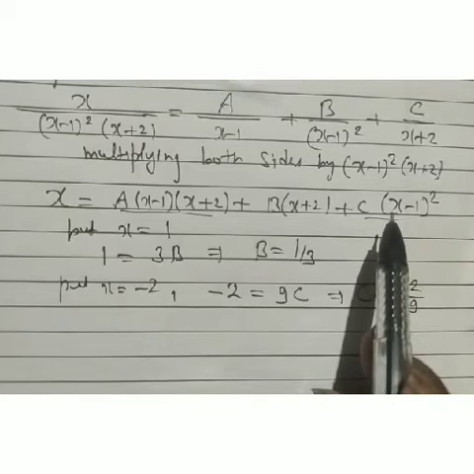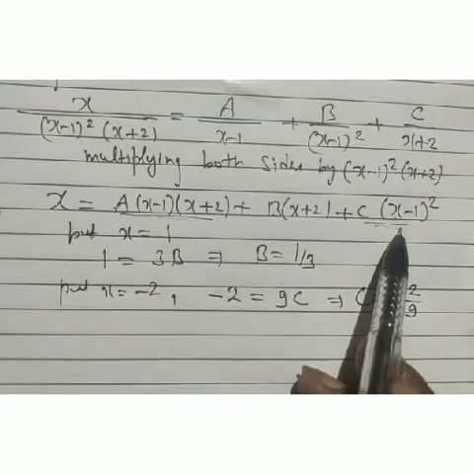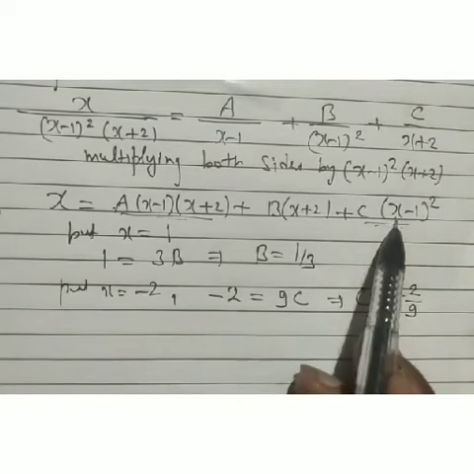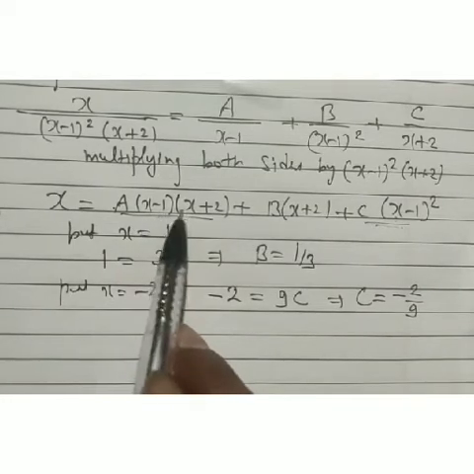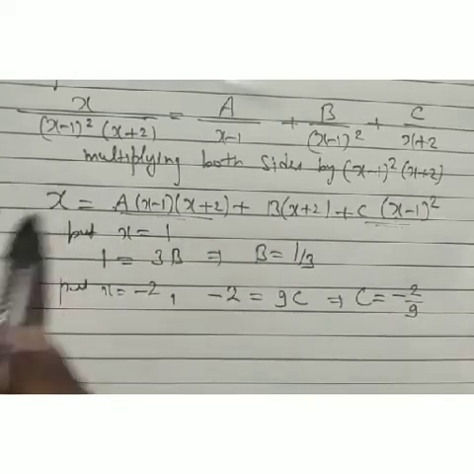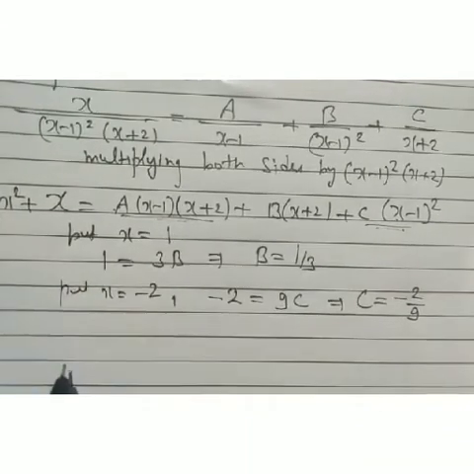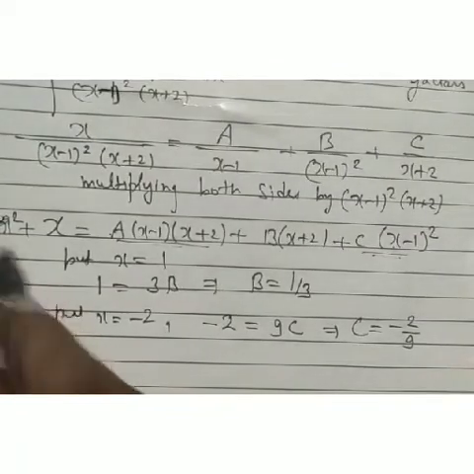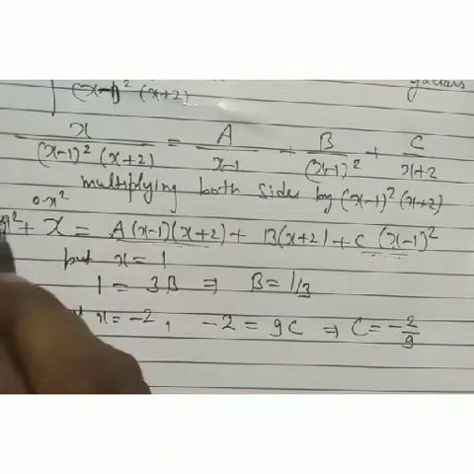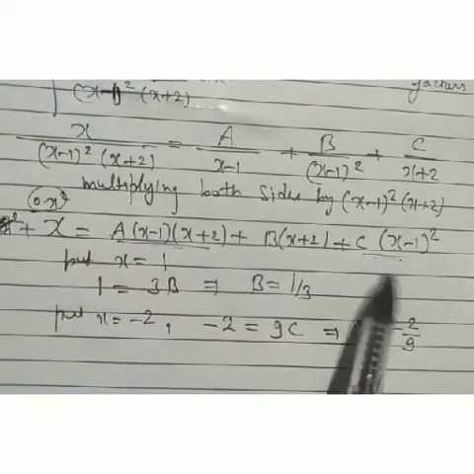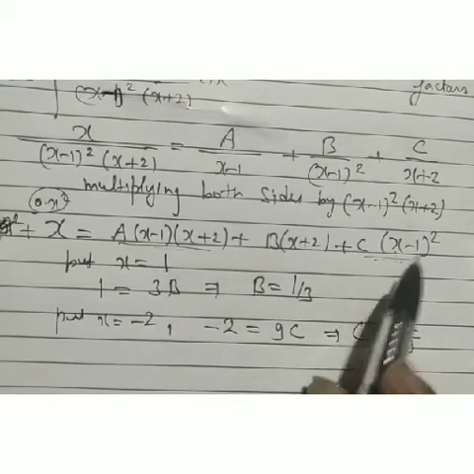Now look, what is our coefficient of x square? Look here and here we get the coefficient of x square, because this is containing x square, this is also containing x square. When we take x square common there, then we have a plus c into x square, and in our left hand side there is no x square, which means 0 into x square. So we write down 0 into x square plus x. Then to get our third constant, what we do, we are going to equate